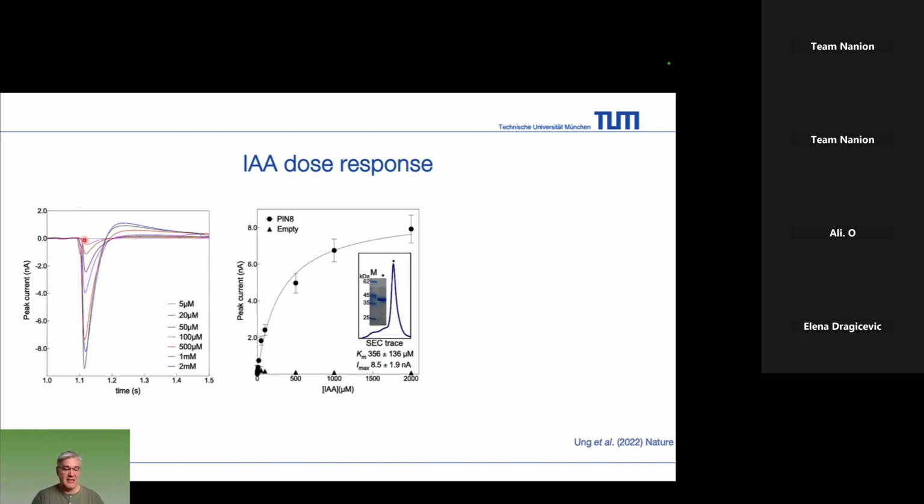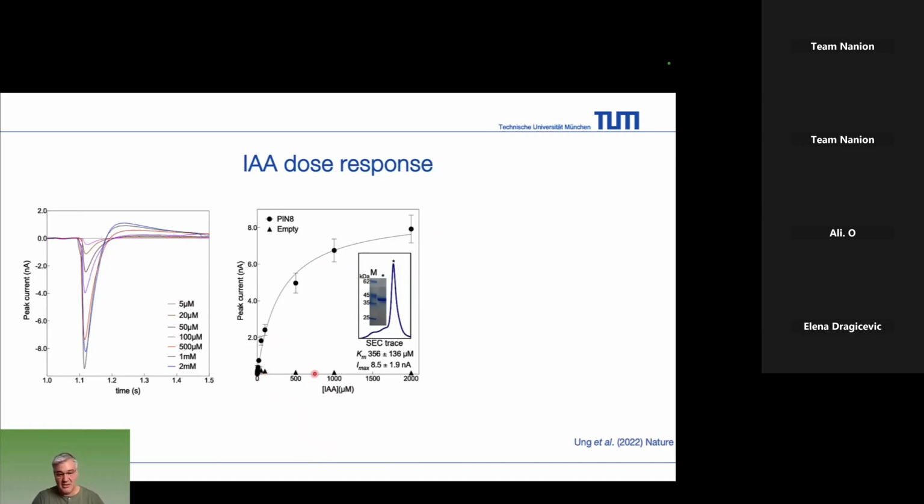and what you see here is the typical peak that you can get in a SURFER signal. You may have heard in talks other than mine in this section that generally what you look at is the peak current, because the peak current is as close as it gets to a steady state signal, because on the SURFER you don't have a persistent steady state signal. And what you see here is that we tested several concentrations of auxin, and this is a concentration dependent response. When you plot the peak currents, you can fit Michaelis-Menten kinetics,